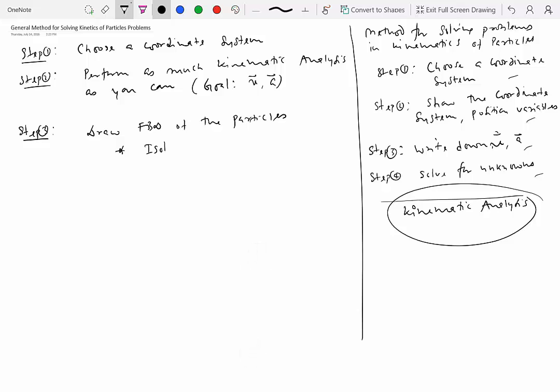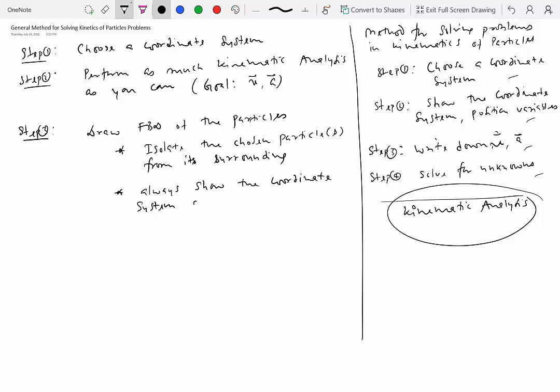A couple of things to remember when you draw a free body diagram of the particles: 1, you have to isolate the chosen particle, and I will write S in parentheses to indicate that if you choose more than one, then you have to isolate them. Isolate the chosen particles from their surroundings. Second point to remember is to always show the coordinate system overlaid